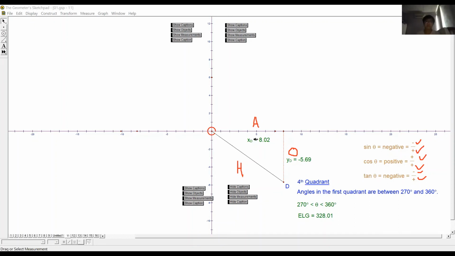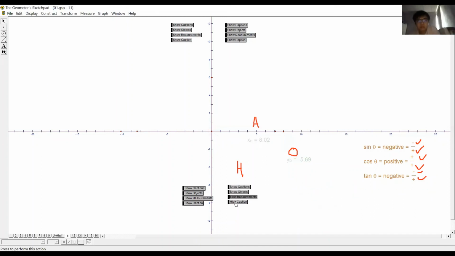Now, this is not the end yet. We have only identified the quadrant, which ratio is positive and which ratio is negative. Now, in order to find the angle, you need to know one more thing. What is that one more thing that you